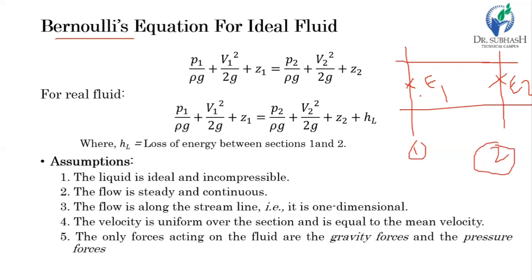The pressure head can be found using any pressure measuring instrument, like a U-tube manometer, or simply a Bourdon tube type pressure gauge. By this way, we can get the intensity of pressure, and we can calculate the pressure head at section 1. In the same way, for the kinetic head, we require an instrument like a venturimeter or anything else, which gives us the velocity of the fluid at a particular section.